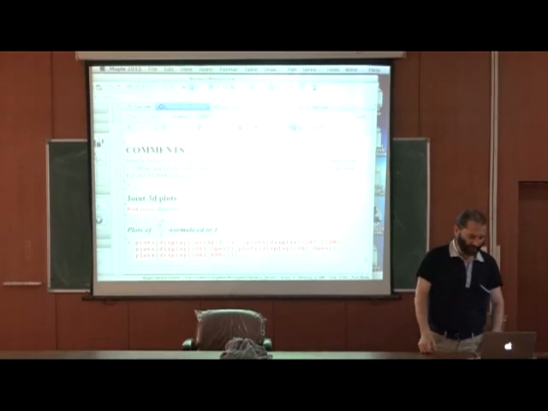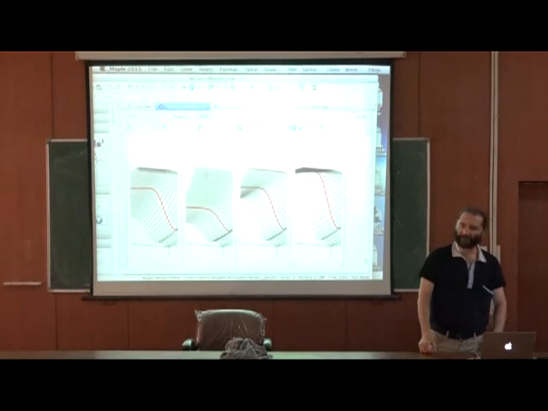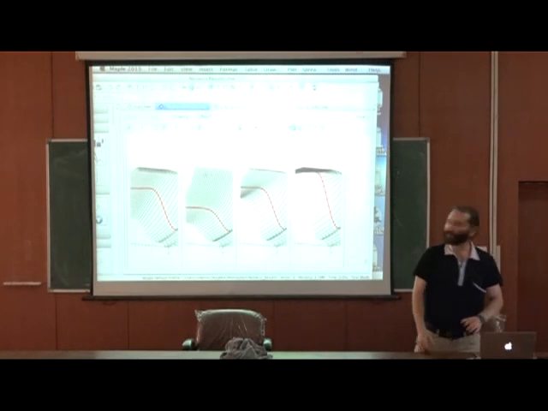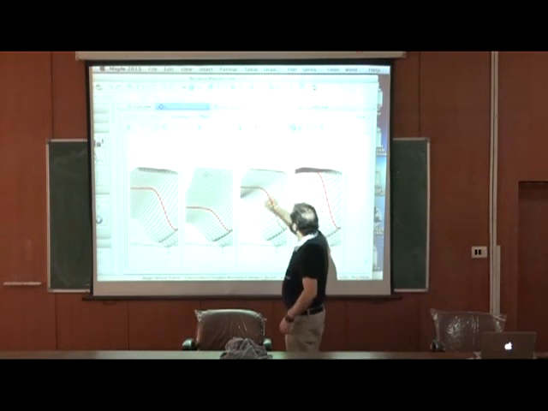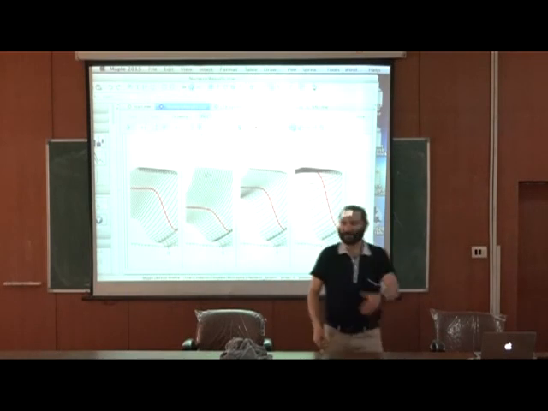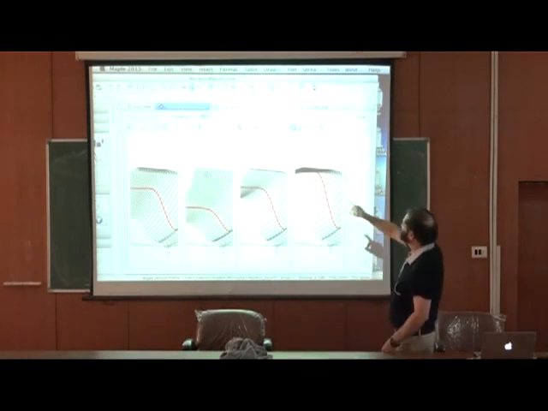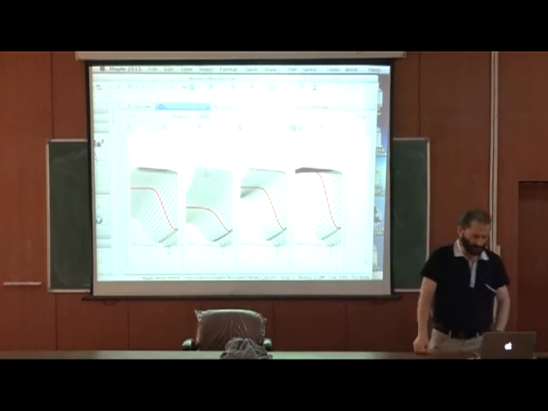So here are some comments, and then the joint three-dimensional plots are here. However, notice that what we did was to take an average, to take a representative DOS layer. But here you have all the DOS layers in the partition. We used a partition of 50, right? And then